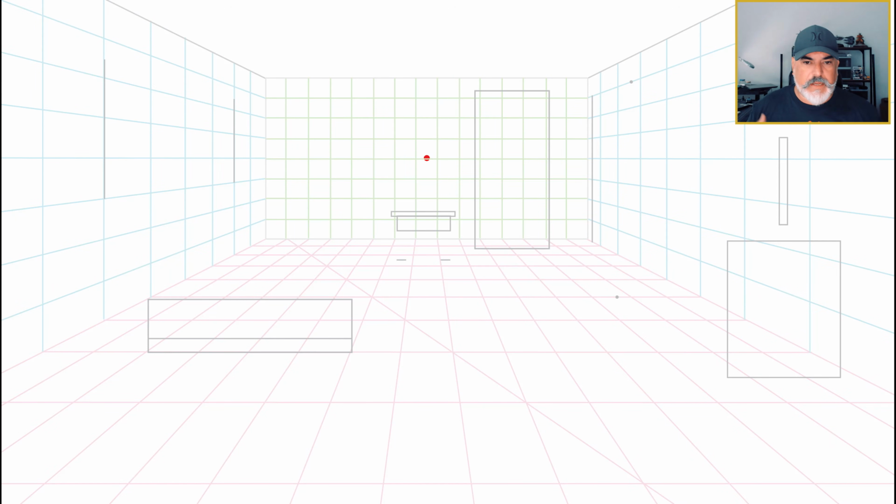Okay, so we're going to be doing a 1 point room for our 1 point perspective final, and I set this up. I gridded it out. Everything is measured by the foot, so this is about as accurate as it can be for the lesson plan. So I laid out everything for you, and what we're going to be doing is